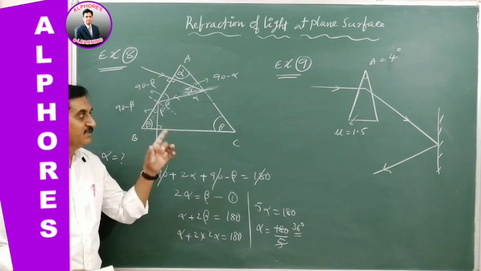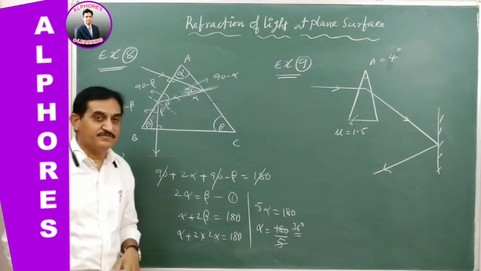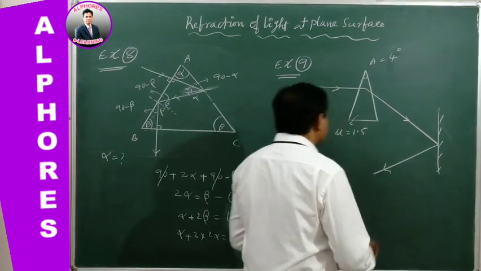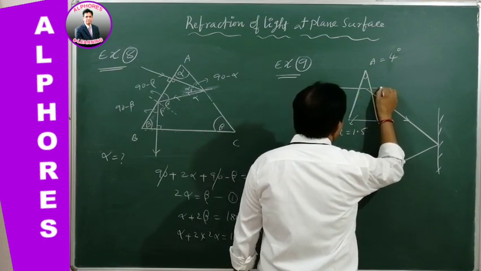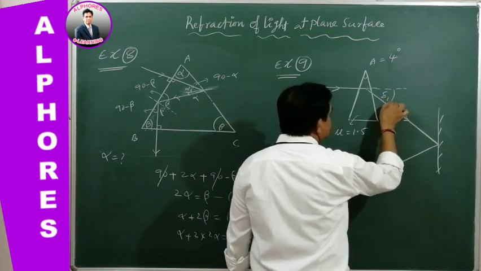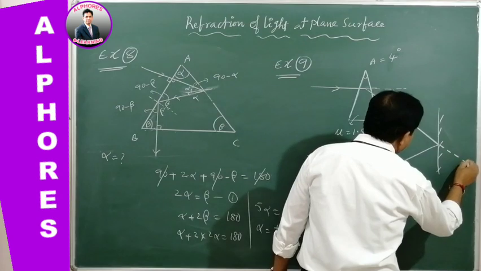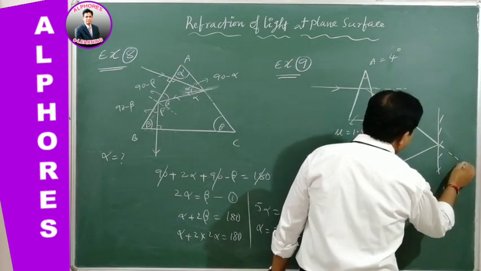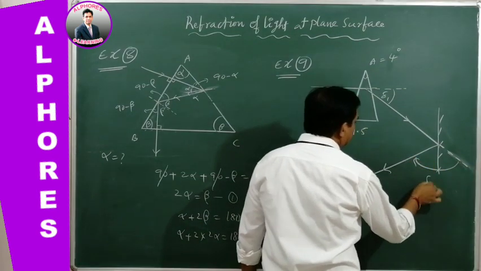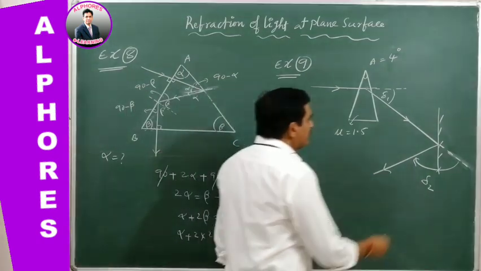First case, deviation suffered due to refraction by the prism, and deviation suffered due to reflection by the plane mirror. There are two deviations. Let us find them. So here it is extended. Suppose if it is extended forward, this is a deviation suffered. Okay. Here, instead of moving in this direction, the light is deviated from its original path. See, this is the deviation suffered, delta 2. Okay. Now a normal is drawn over here.